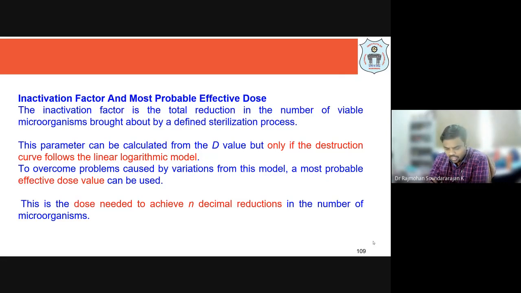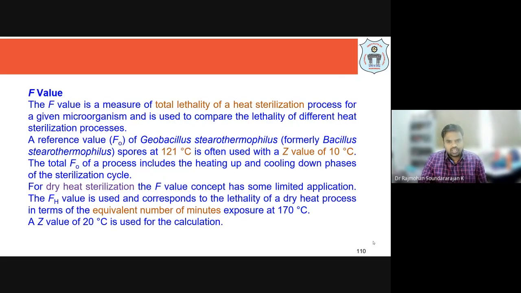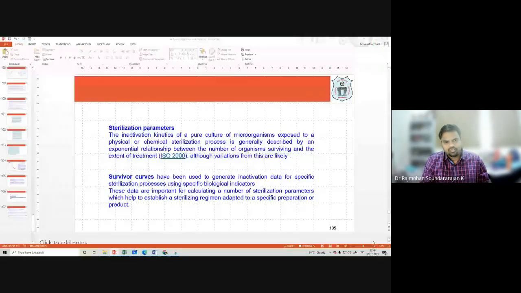Dose here means, if it is a chemical sterilization, if not heat sterilization, how much dose is needed to get n decimal reductions in the number of microorganisms. So we have the F value. F value is a measure of total lethality of a heat sterilization process for a given microorganism and is used to compare the lethality of different heat